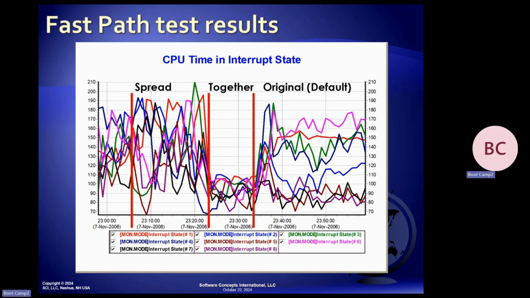Then we did it with the best practices, trying to group things as we've discussed. And the total interrupt state time is much lower than the original. We got these results and they decided on the obvious way to do it. So that took care of the problem. And they were able to then add another couple of nodes quickly to the cluster to handle more additional workload because they had some